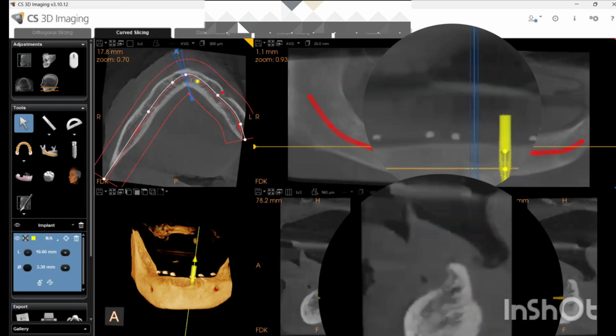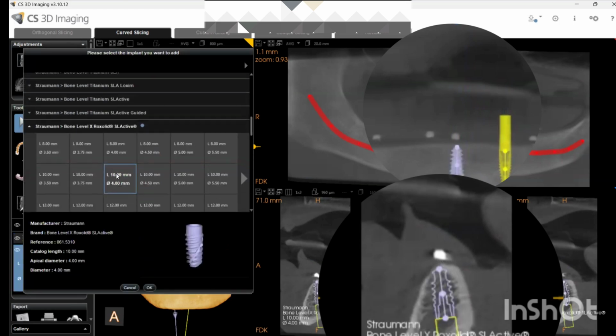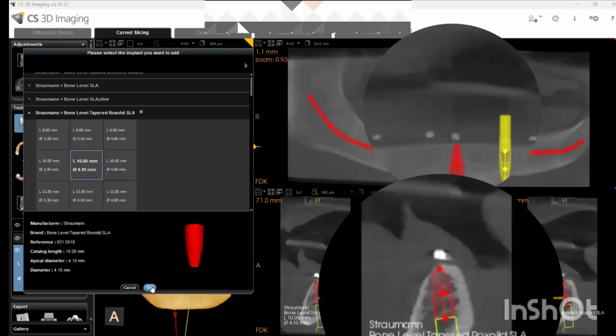Now I will move on to the right side. Again, get my cursor here. Now if you see, you can get an idea of the ridge here. The ridge, you can say, is slightly round. Okay, the ridge can be tapered, or it can be flat, or it can be round. So here the bone is adequate and my ridge is round. Now again I will choose tapered.